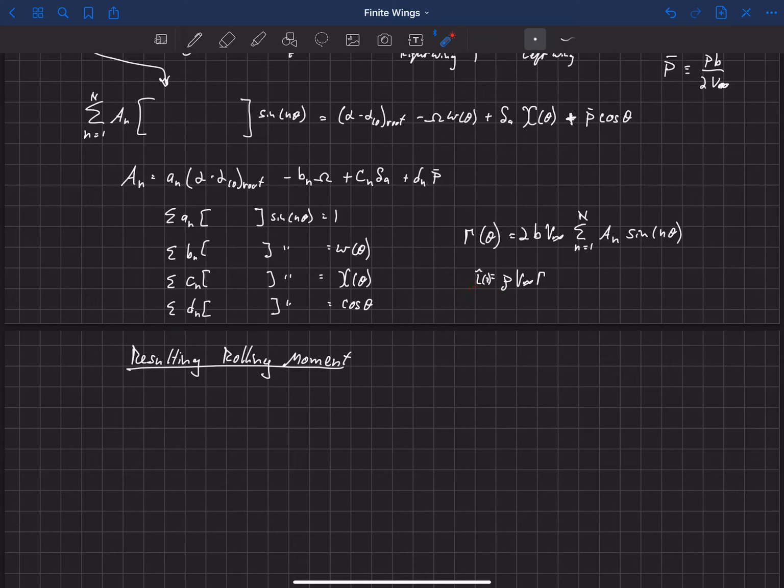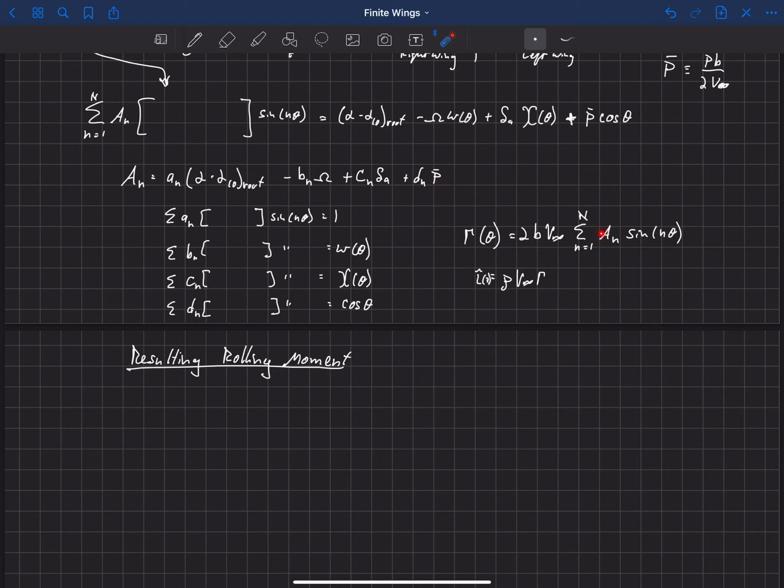We can integrate in order to get an induced drag, and we'll go over that a little bit later again. But we're also interested in the actual rolling moment due to this aileron deflection and rolling rate. And so the way we do that, after we've computed these little a_n, b_n, c_n, and d_n terms, we can plug them into this equation here, multiplied by these magnitudes, so the magnitude of the washout amount, the aileron deflection, and the rolling rate. That gives us capital A sub n.